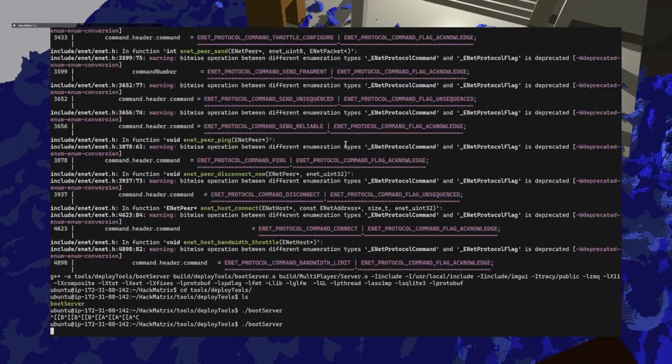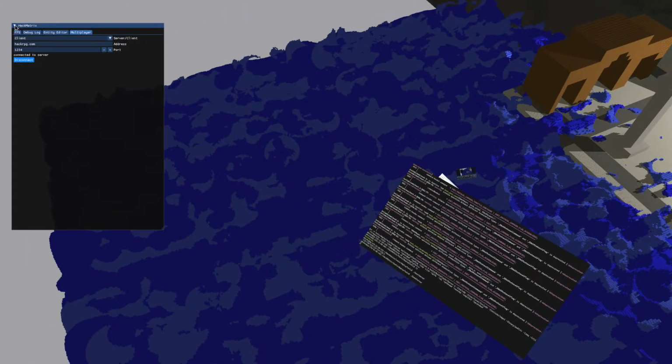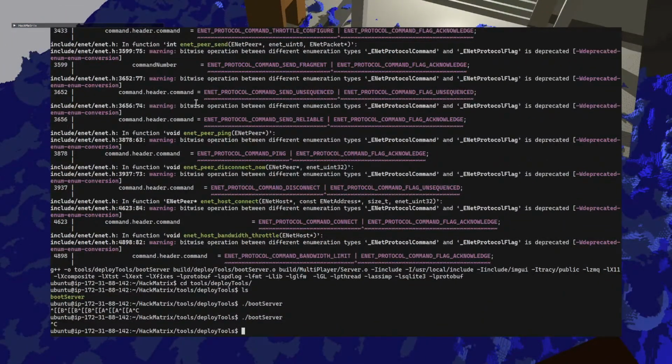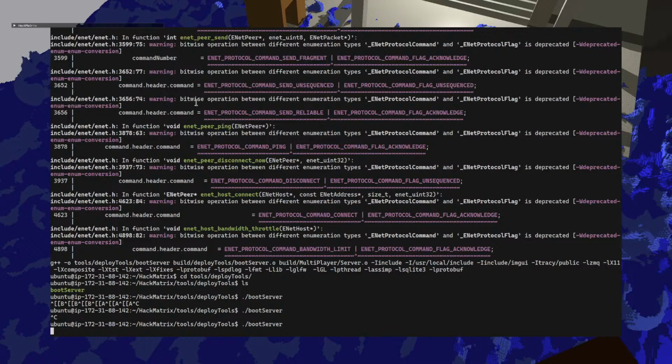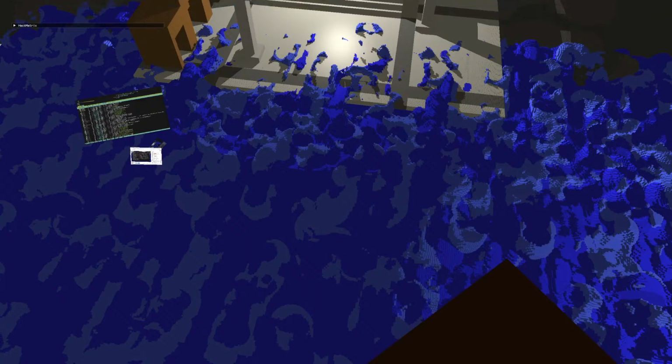Screen R. I'm actually going to disconnect. Reboot the server. Okay, and so that should be back to normal.